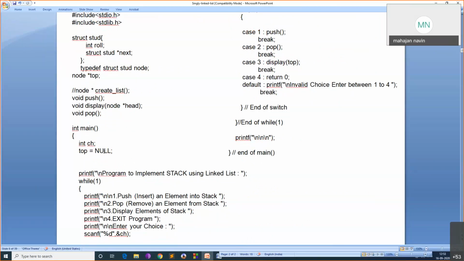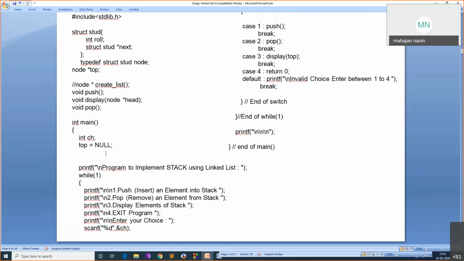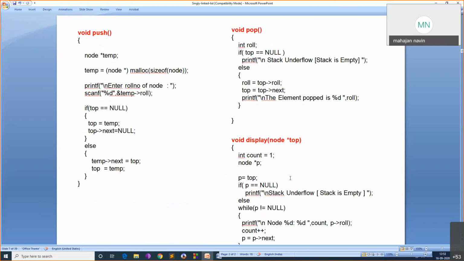So initially you run the program and you say display or pop, you will get a message. Initially top equal to null, no? So if you say display, what will happen? You pass a pointer top, node is a temporary pointer, node equal to star p, p equal to top. You have a p here in this address. If p equal to null, what will happen? Initially it is null. You'll get a message saying stack underflow, stack is empty. Otherwise you are going to print it.